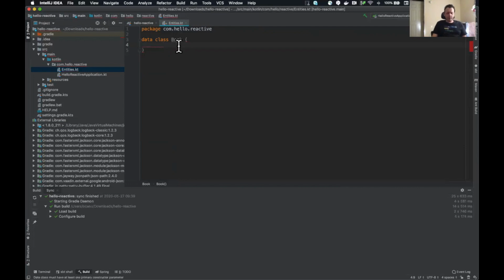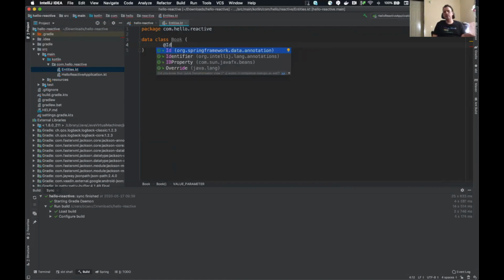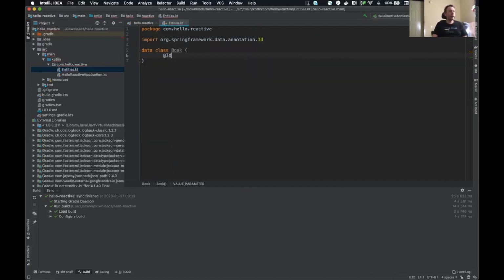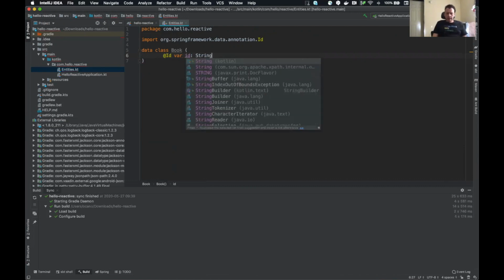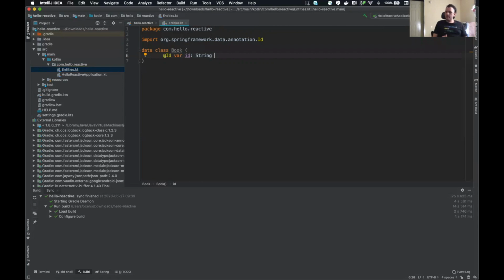Okay, first of all, we need to add a new ID. As you can see here, the ID is an annotation from Spring Data. And obviously, we will create a new var named id. And this will be a type of string. Since the ID could be null, we need to explicitly say to Kotlin that it is nullable with a question mark. With the question mark, we say to Kotlin that this variable could be null. It's the only variable that we will use it as such. And then